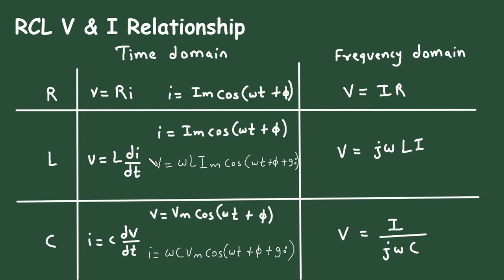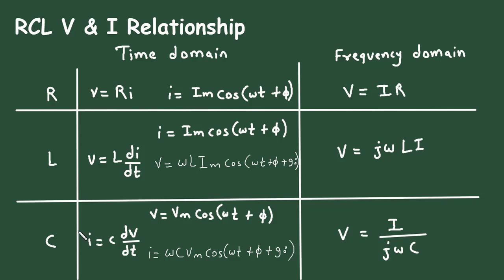Now for the inductor, we know that i is equal to Im cos(omega t plus phi), and the voltage and current relationship is given by v is equal to L di by dt. If we substitute this current value here, then we have to take the derivative. If we take the derivative, this will have a minus sign, but if we add plus 90 degrees to it, then it will become cos. So the final voltage and current relation will be v is equal to omega L Im cos(omega t plus phi plus 90 degrees). This is in time domain format, and in frequency domain format V is equal to j omega L